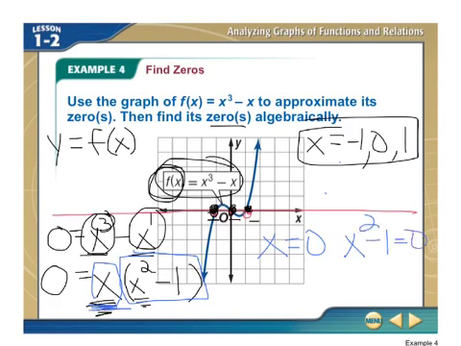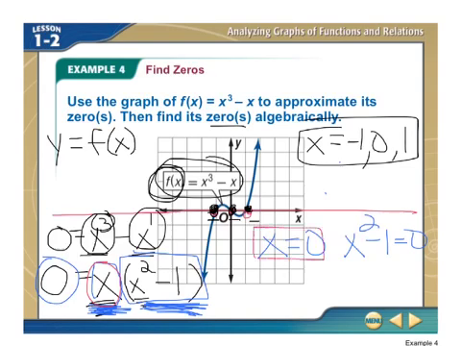This is called the zero product rule, because the only way you can get a product, and we're multiplying those two things, which means a product, equal to 0 is if one or both of your factors is equal to 0. So right away, by setting this factor equal to 0, we know one of our solutions is